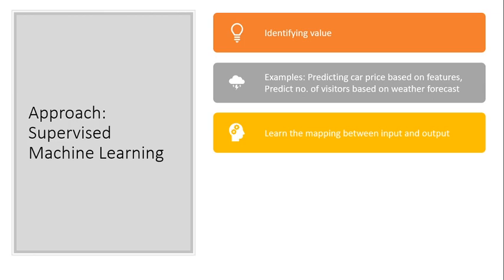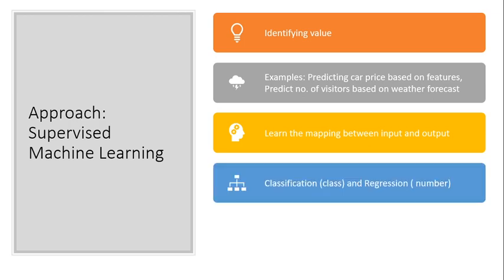In this method, in the provided or example data, we already have some input data, and based on the input parameters, what the outputs were, those are all already available in our example data. Problems like classification and regression are solved here. Classification means classifying the object, like classifying whether the image has a dog or not, and regression is identifying a value, like predicting the number of visitors.